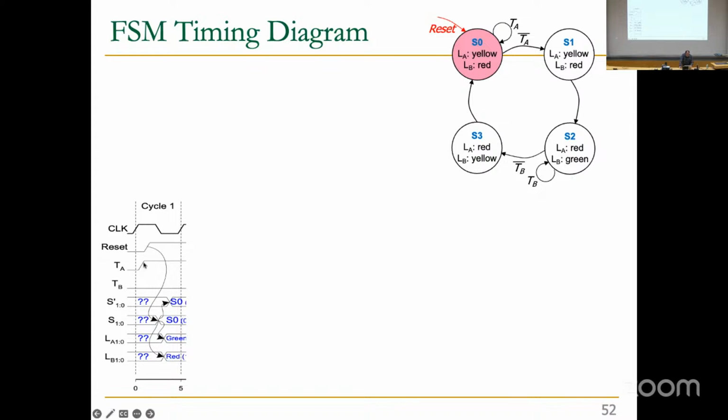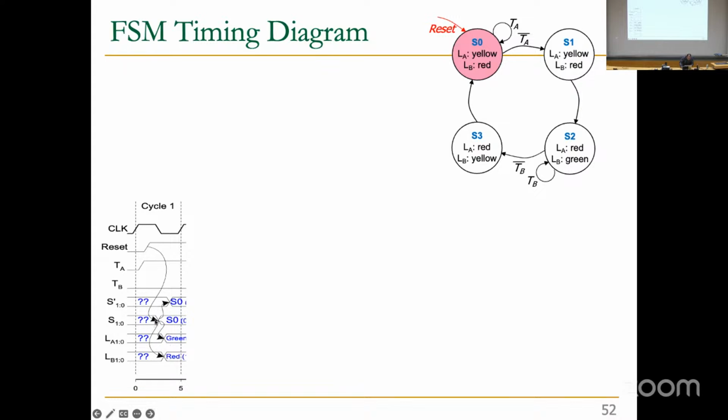So usually there is a delay until they get to the high value. And also after seeing each of these values, there is going to be some delay in order to get to the value that you're looking for. So here, after seeing this reset, you can see that after some delay, we get to S0. And in this combinational circuit, the input for S prime 1, 0 also gets to S0 after some time. And these are also the outputs that we have, but also with some delay, essentially.